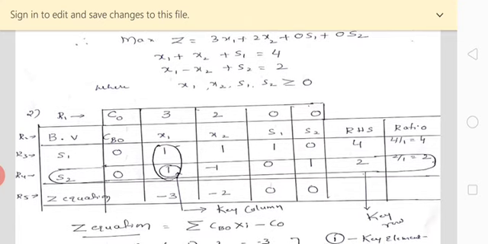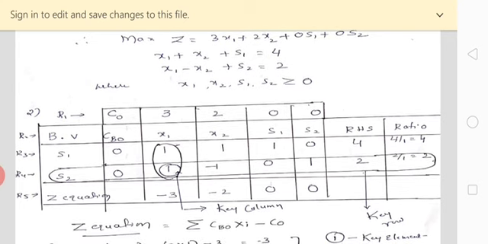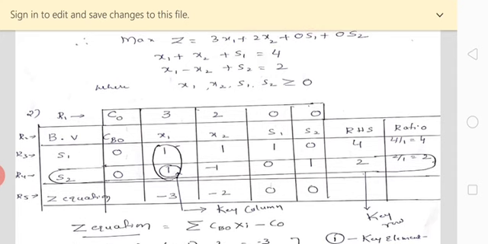One more time I am going to repeat: R3 is representing the first constraint while R4 is made up of the second constraint. Understood? In R3 I have written the s1 variable, which in the objective function is 0, and for row 4 the s2 value is also 0, which I have written.